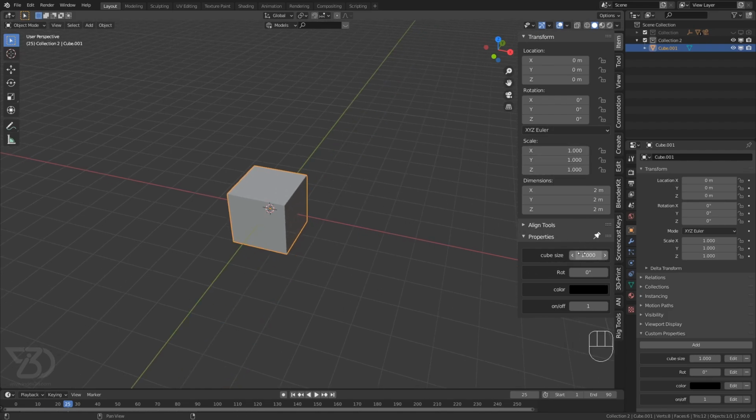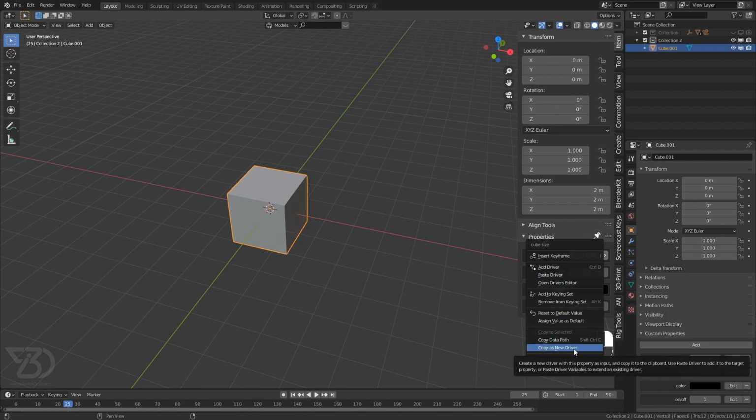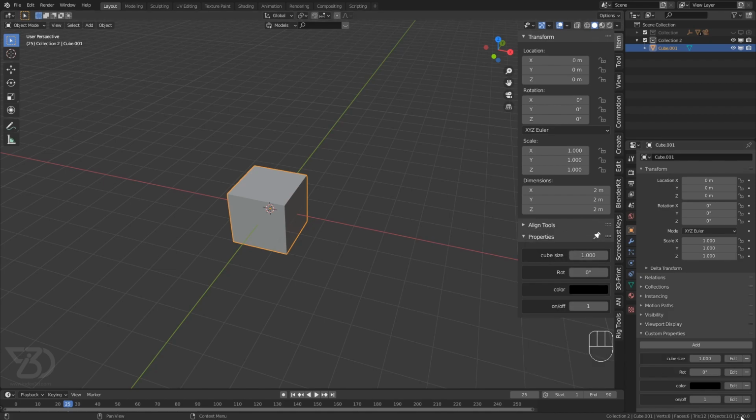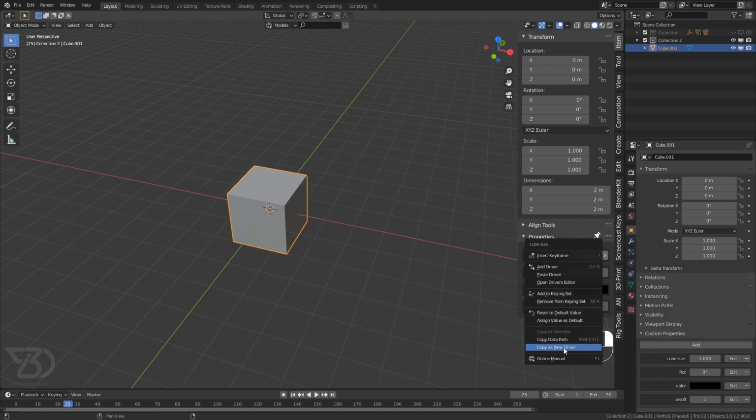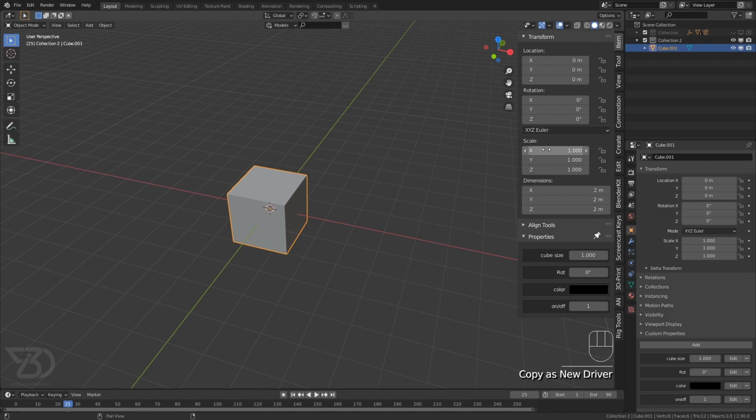So all you have to do is right click, then this new feature. It's not available in the older versions of Blender. If you are using something like 2.80, then this feature is not available. This feature was introduced in 2.82, I guess. I don't remember, but I assume you are using 2.83 LTS or above, like I am using 2.9, so you have this feature. So just right click, then copy as new driver, and then we just have to paste it over here to the property which we want to link to.